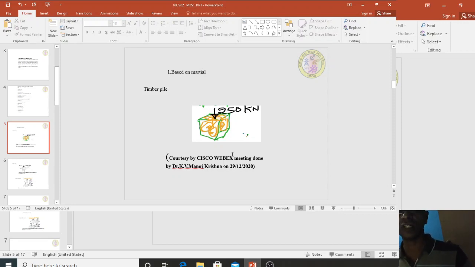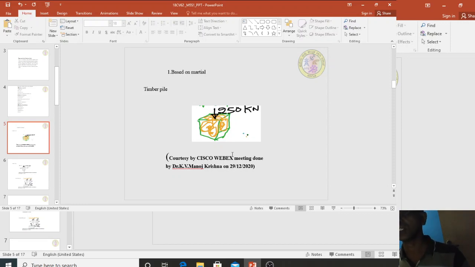Second thing, in olden days timber piles were used because forestation was abundant, so a huge quantity of higher diameter timber stems were available. Therefore they make them tapered at one end and flat at the other end, and use them as timber piles. The advantage is each timber pile will have a load carrying capacity of 250 kN. The disadvantage of timber pile is that it is used only for temporary structures.